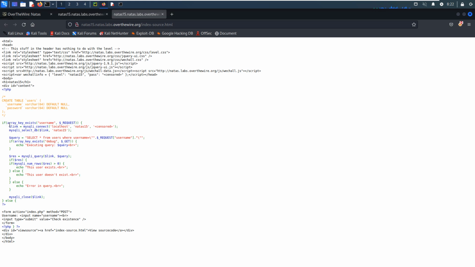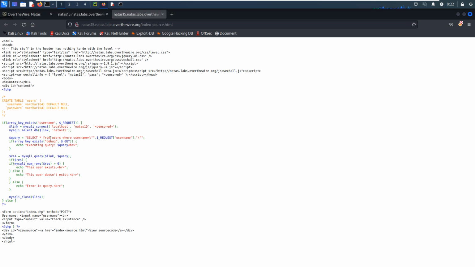And we'll do the conditional statement. If the request has a username key, we'll open up the link to connect to the database, and then select the database. The database name is natas15, and then we'll generate the query statement.